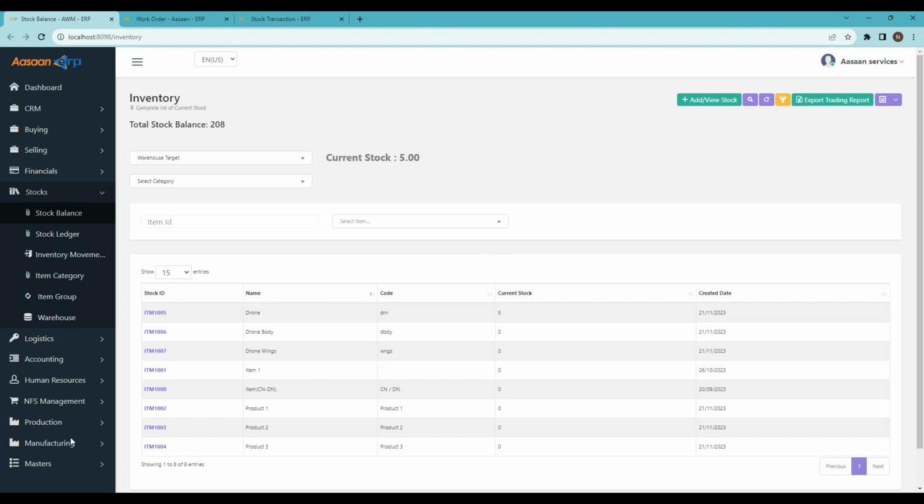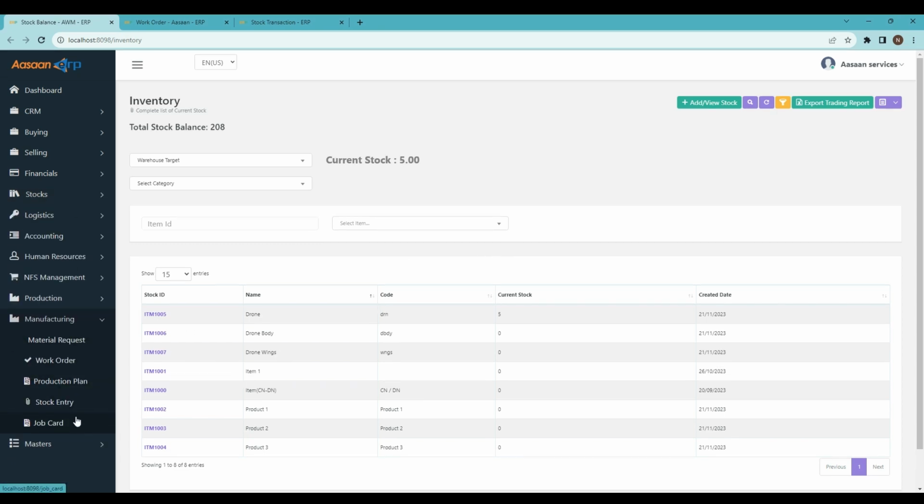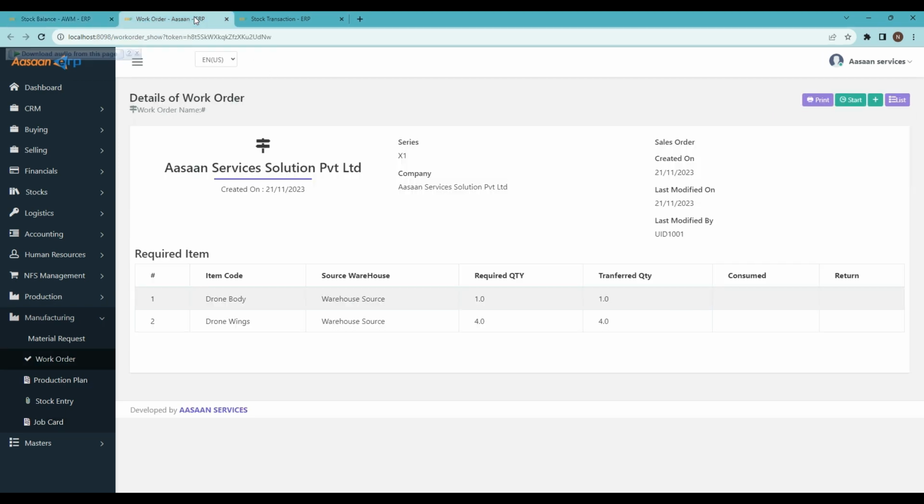Now we will move on to the job card module. Before moving into the job card module, I'll go back to the work order page. In the work order, as I have submitted it, this is the page. Now I'll make job cards for this work order. So I'll go to job card,